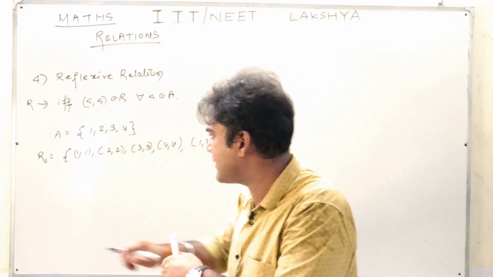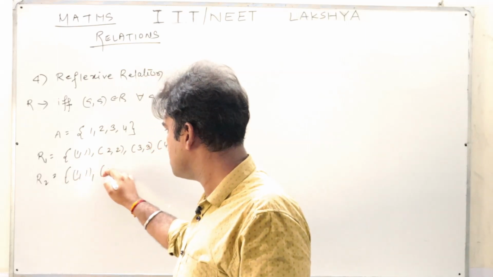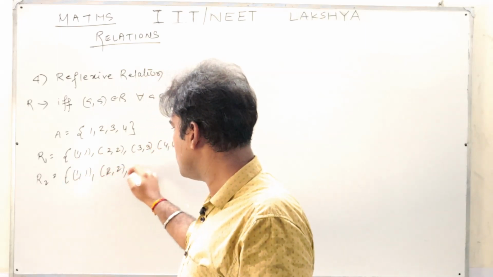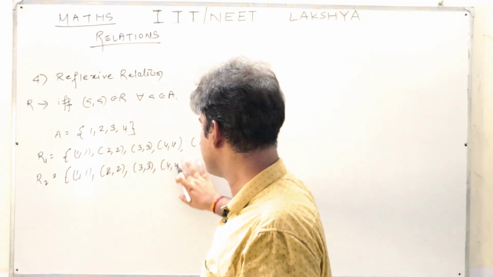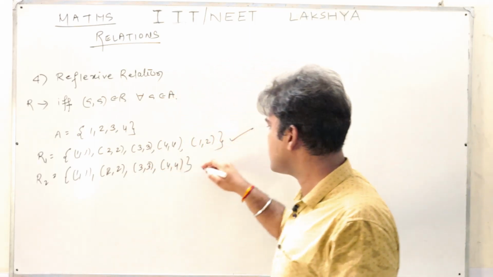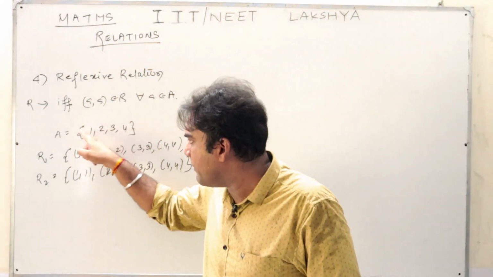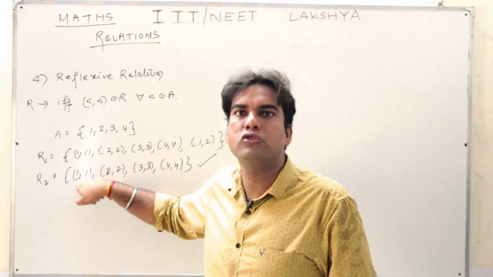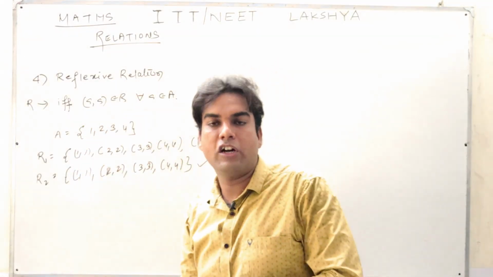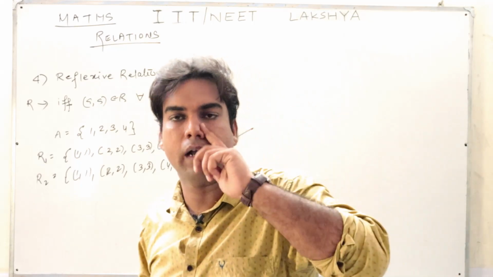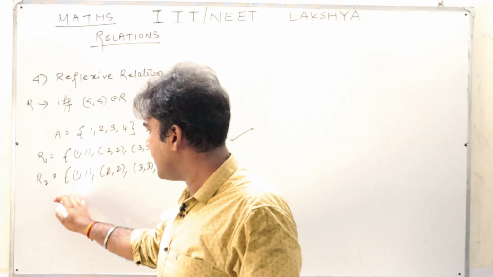For example, R2: 1 1, 2 2, 3 3, 4 4. This is also reflexive, because if 1 belongs to A, then 1 1 should belong to R. See, try to understand. (a, a) should belong to R. It is not that only (a, a) should belong to R. What I am trying to say is that